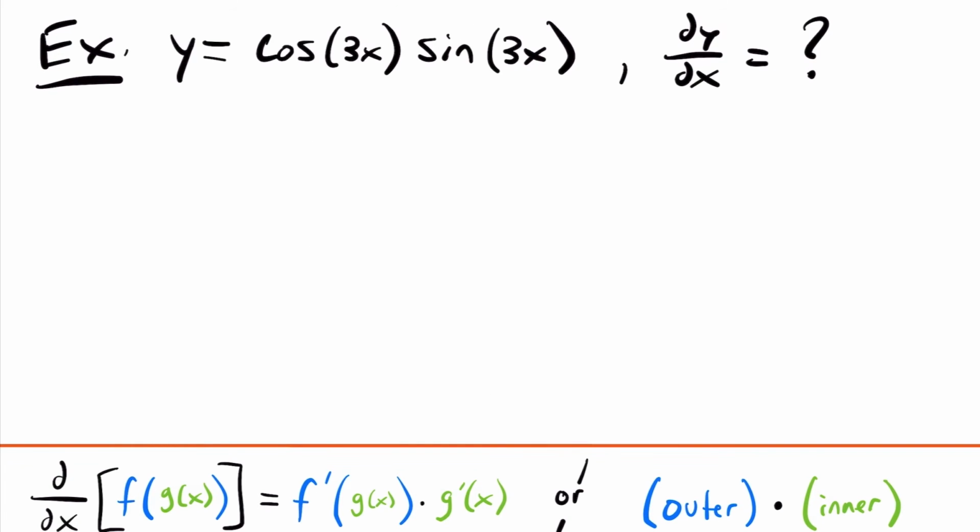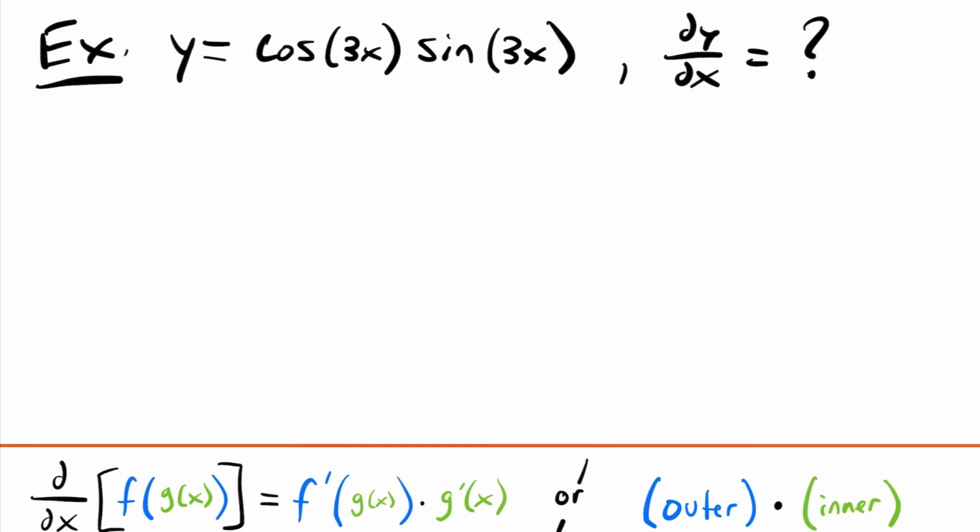All right, so next we have y equals cosine of 3x times sine of 3x, and we want to know the derivative, or dy/dx, for this function. Now, we actually have two composite functions here. We have cosine of 3x, and we have sine of 3x, which are both composite functions because our outside function for this one would be cosine, and our inside function would be 3x,